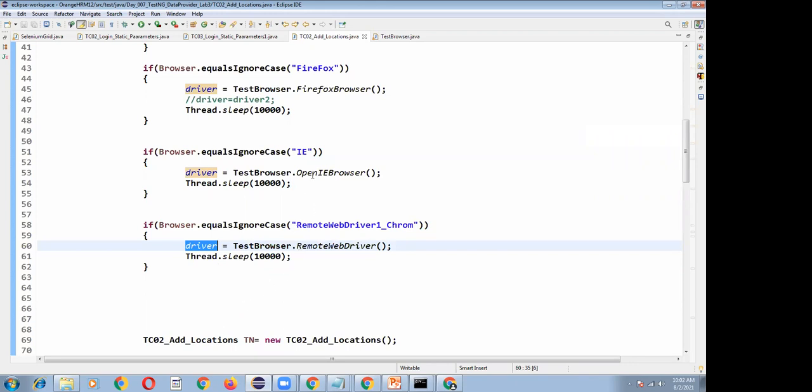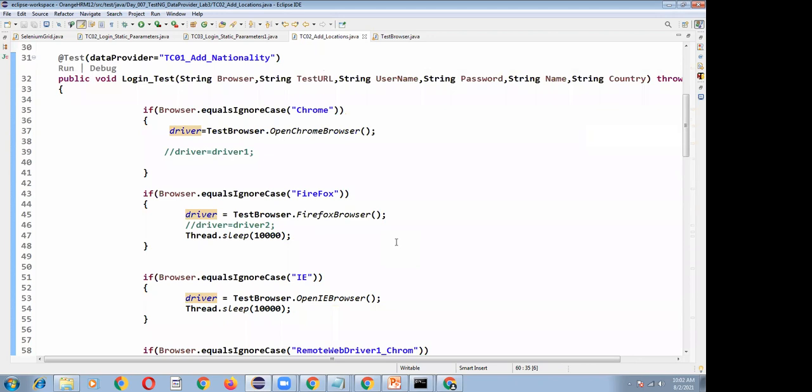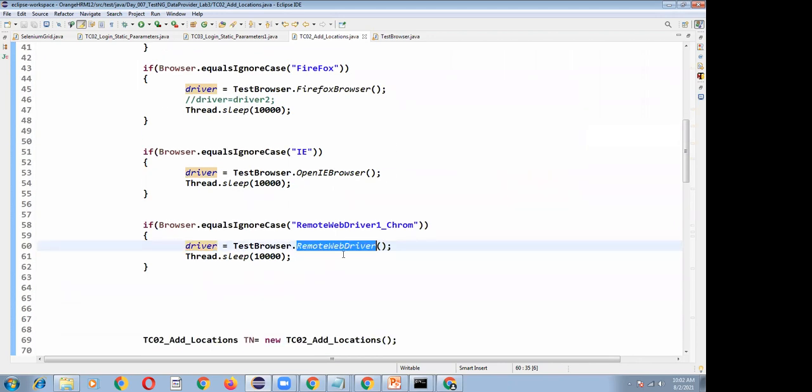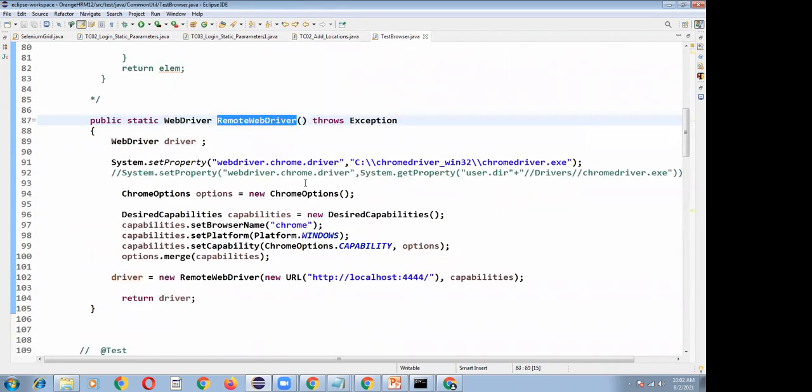So how to launch a Chrome browser? In the interviews, people might ask how to launch a program execution in the remote system. So you have to tell we have a RemoteWebDriver method. We have to write ChromeOptions and DesiredCapabilities. These are the two supporting class files we have to use, and we have created an object, and capabilities.setPlatform, capabilities.setBrowserName, and driver is equal to new RemoteWebDriver, and the hub URL we have to pass, and these capabilities we have to pass as the argument, so that the WebDriver will be launched.